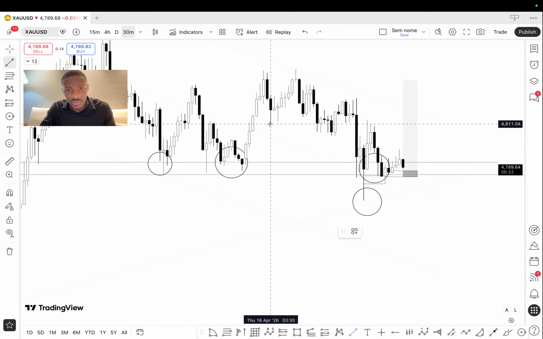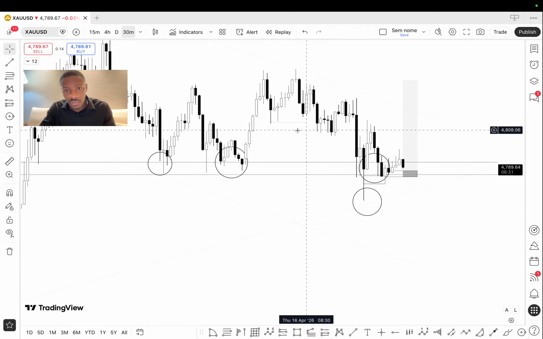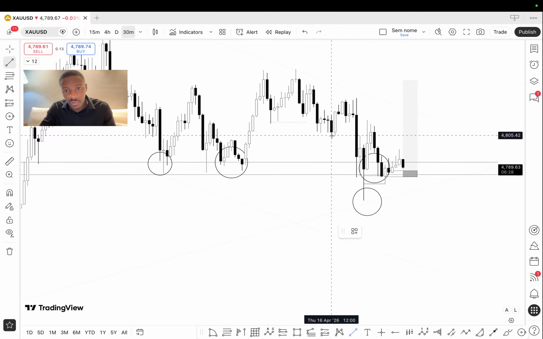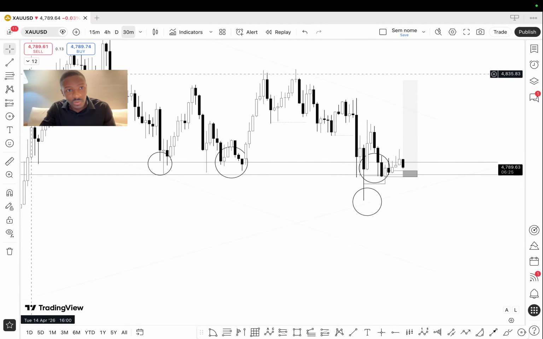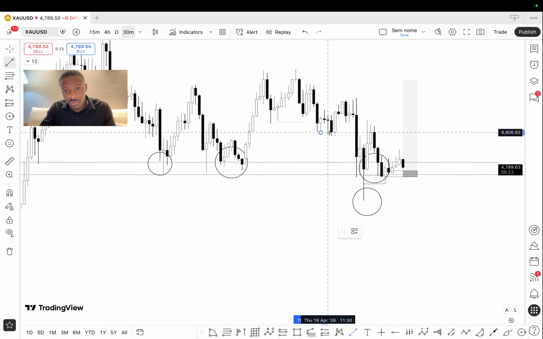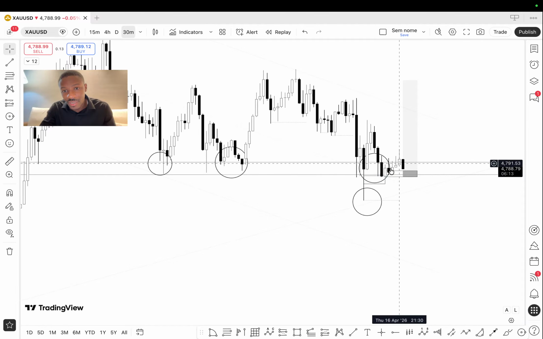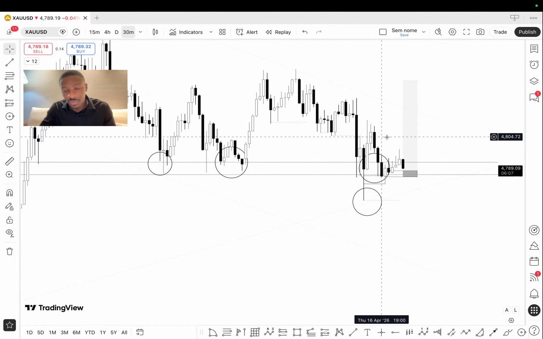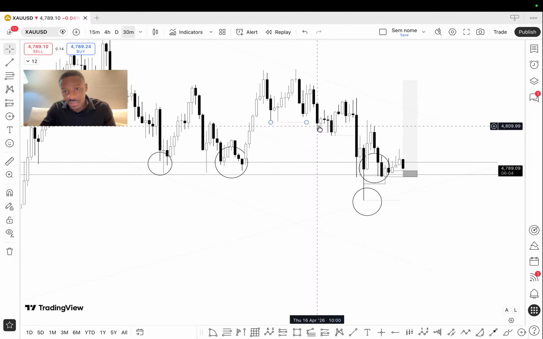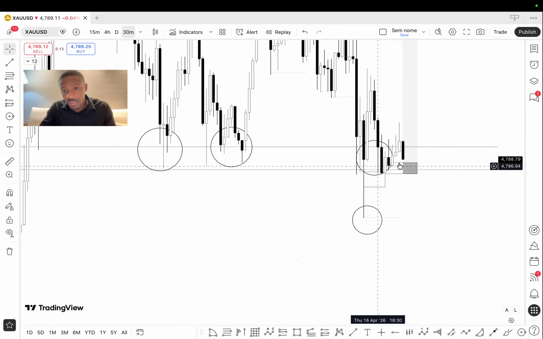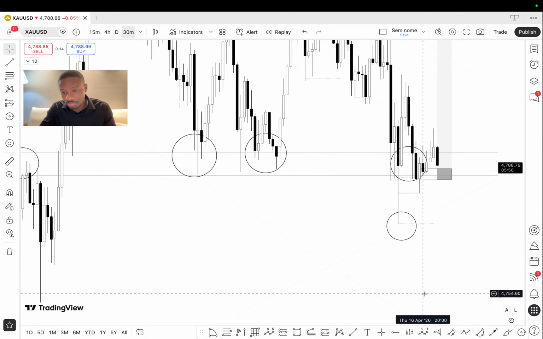You can see it broke here, it also broke here, on the lower time frames it is also broken here, and now we expect price to break this level. So this is a low probability trade. All right, the buy is a low probability trade because price is actually creating conditions to sell. But I believe that on this level price might create a rejection and give us a push